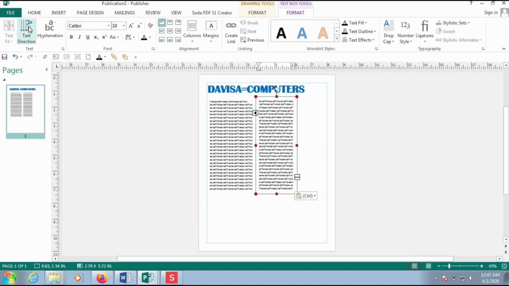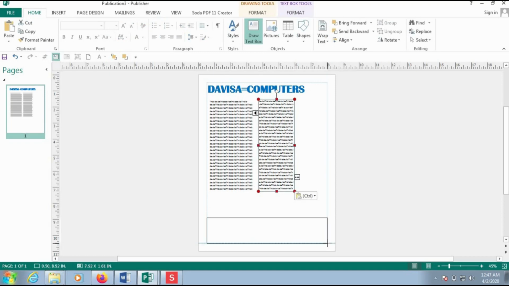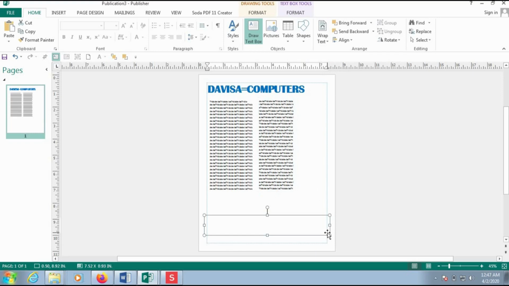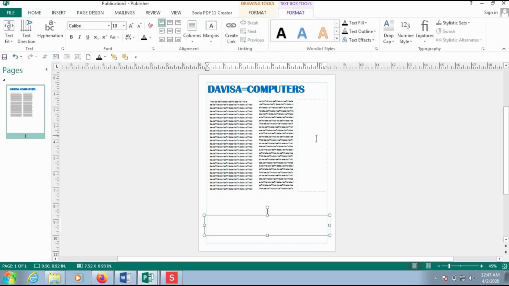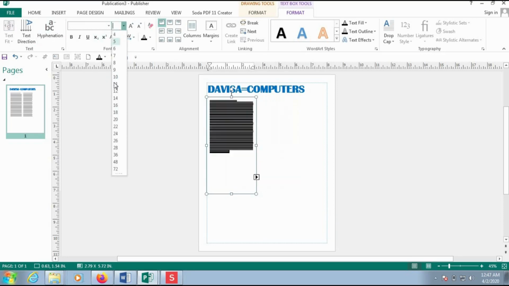Before I do that, let me create another text frame by going to my home, draw text box. I want it to be here. I want it to be horizontal this way. So I don't want to pour it into this next text frame. Let me increase it a little. Let me block everything there. Then I'll increase it to, let's say,